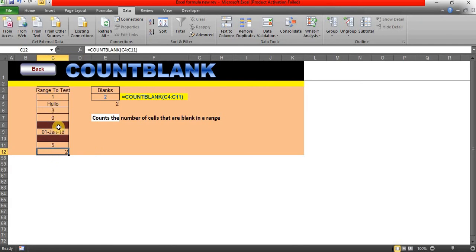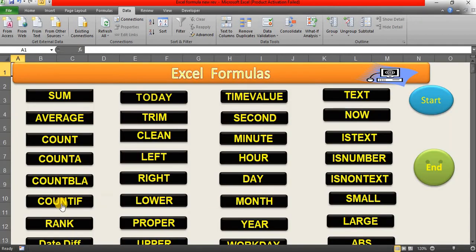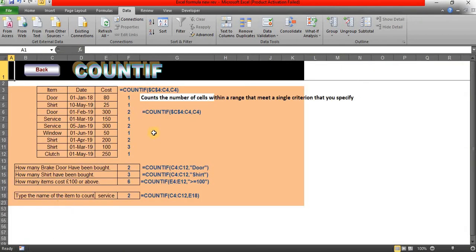Since 2 cells are blank, I will now delete one more value. So now it's reflecting 3. If I delete one more, it will reflect 4. Even with the 0 in row number 7, where you can see the value is 0, and row number 5, where the value is text, it's still considering all those values. It will only exclude the blank values.